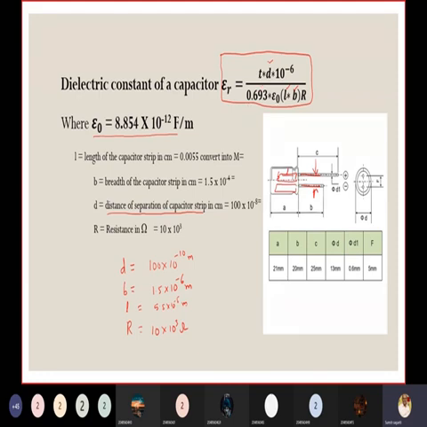So what is the only thing you have to find out to calculate this experiment? You have the epsilon naught value, the length value, the breadth value, the resistance value, and the separation distance between the probes. All the data is given. So what is the only thing left for you to find out? T. So what is the T called? Time constant. That is the only thing you have to find out in this experiment. Remaining all these values are obtained from the data sheet.